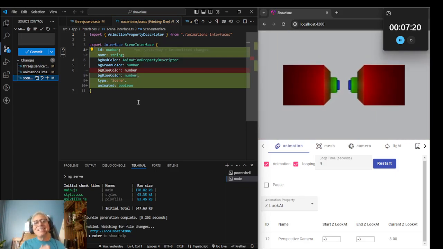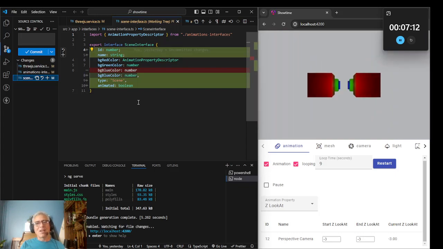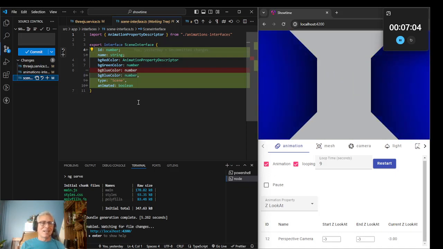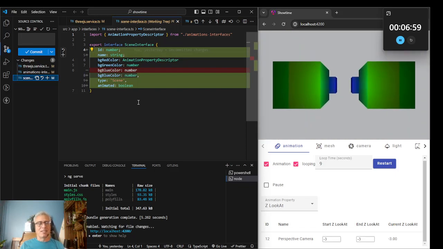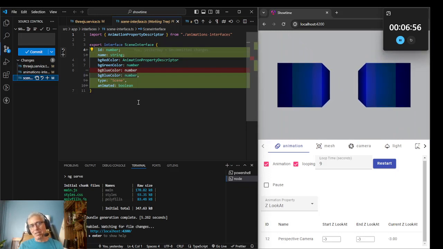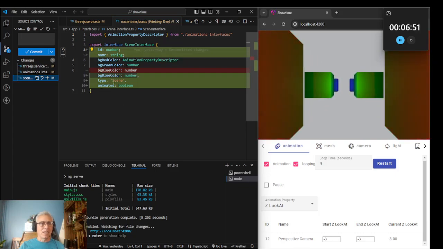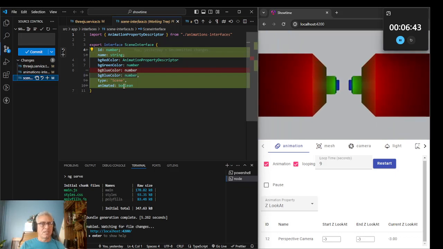That is something I did not know when I started, right? That is something I have evolved into because I didn't really understand animations. So now if I could go back in time and start all over, I would probably create an animation interface, and then have everything that I wanted to animate extend it, so the scene would extend animated, right? And then I would automatically get an ID, a name, a type, and a boolean, and that would be cool. But I didn't know what I didn't know, so now I'm doing this after the fact